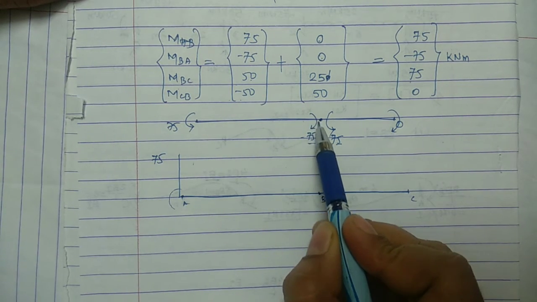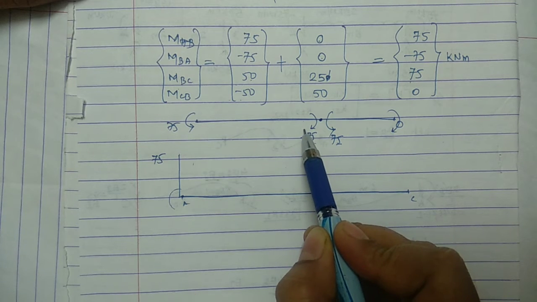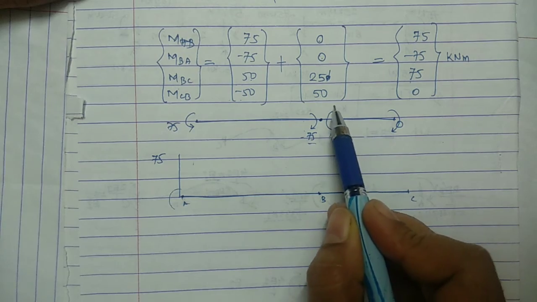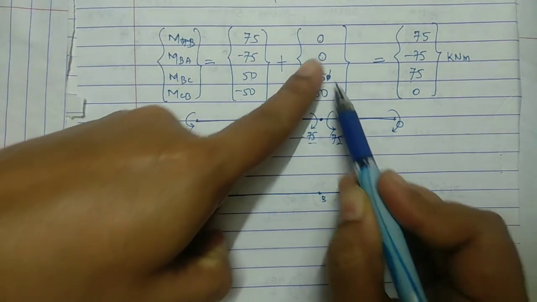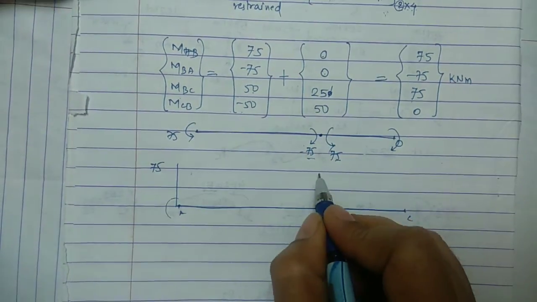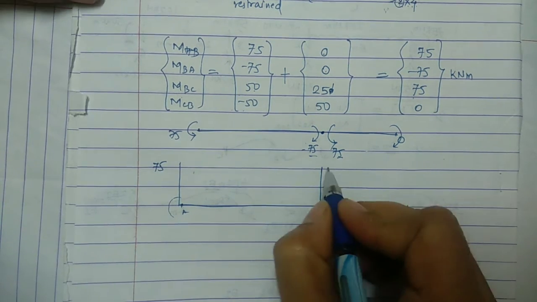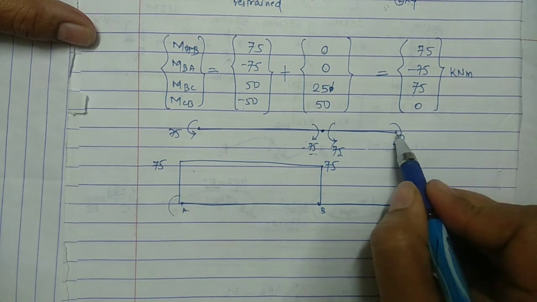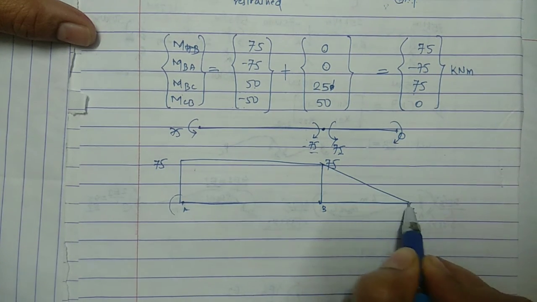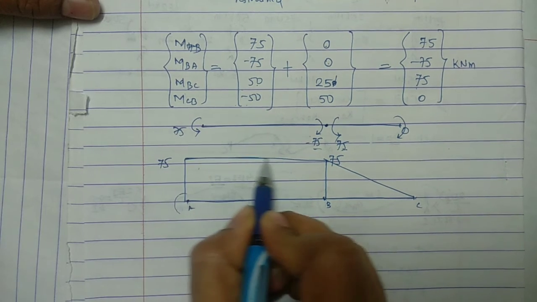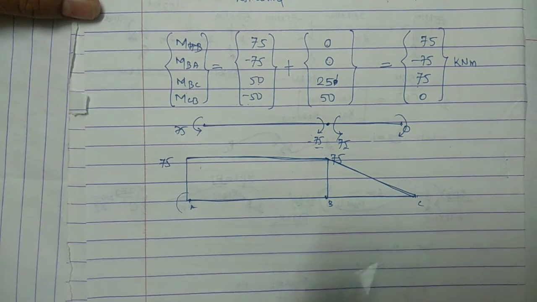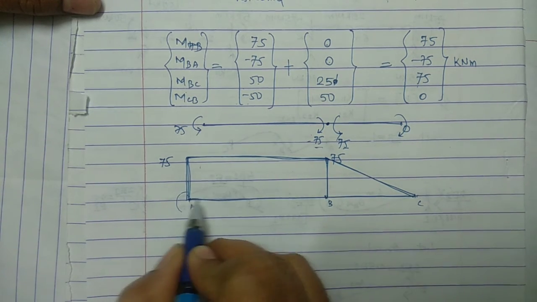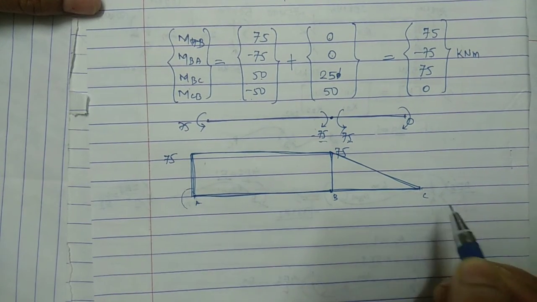So here from this side for member AB, that moment is in a clockwise direction, and for member BC, 75 is in an anti-clockwise direction. So for these two arrows, take that magnitude or ordinate 75 in an upward direction. So join this line, and the last moment is 0. So here simply join with a straight line. Okay, so this is your support moment bending moment diagram, which is also called the negative bending moment diagram.